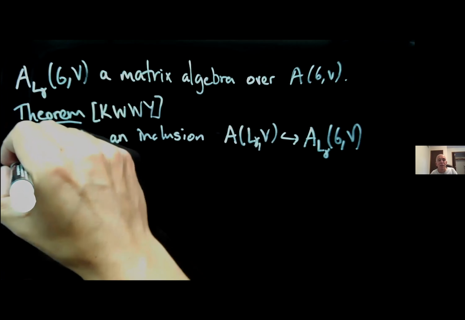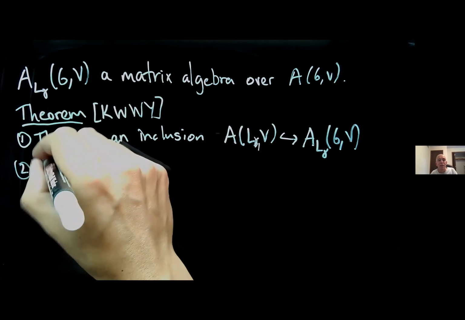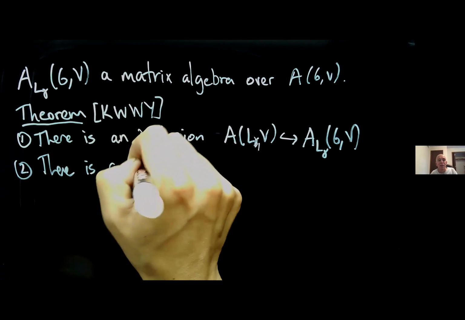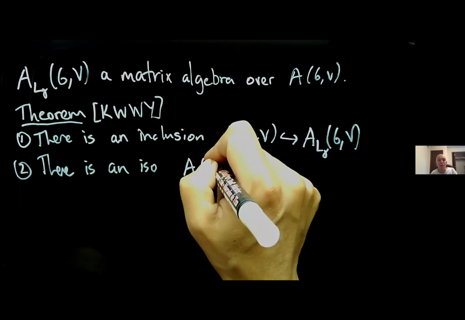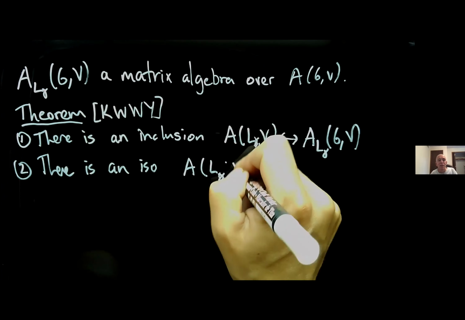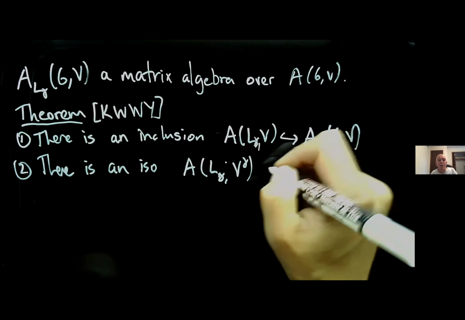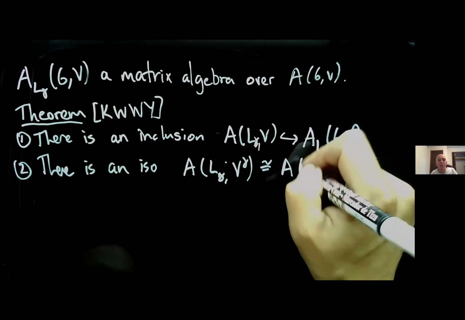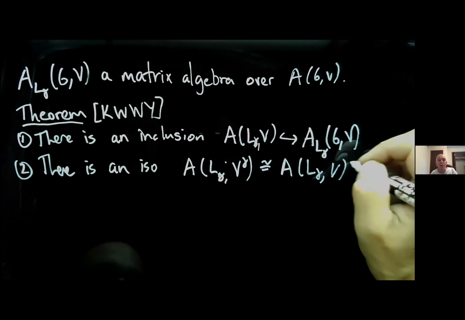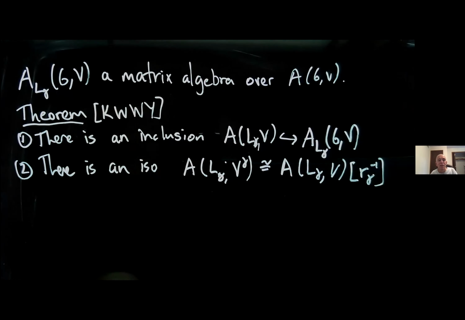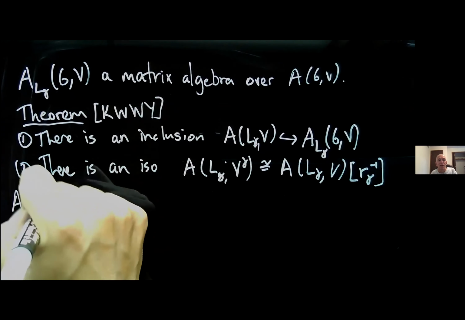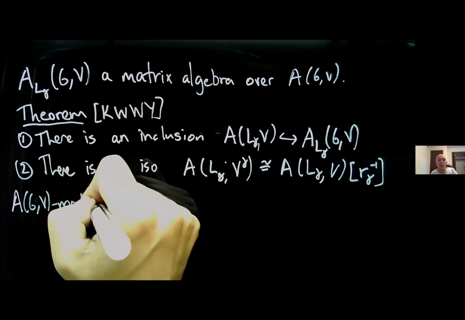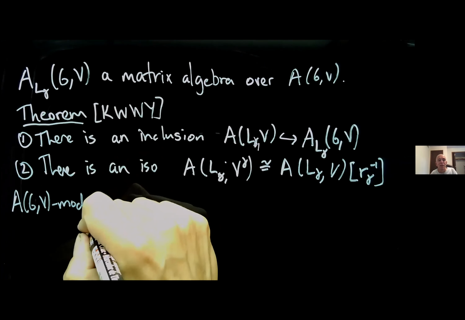And second, there's an isomorphism between the guy we're really interested in, L gamma V gamma, and a localization of AL gamma V. There's some particular element which we can study easily, and if we invert it, we get an isomorphism. So this leads to what we call a restriction functor. So we go from A modules for AGV, the original algebra. So we use the Morita equivalence.